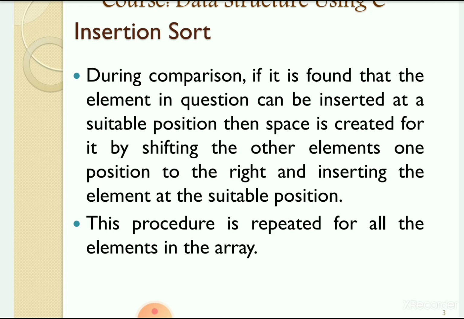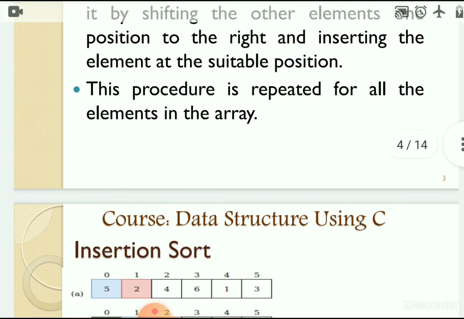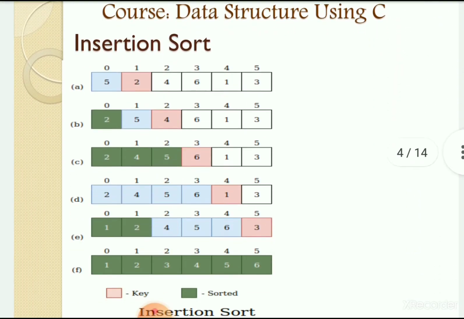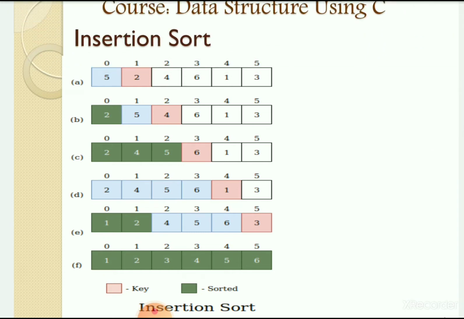Here we don't have to do any swapping; we do not have to interchange the elements. We have to find the position of that element, create the space by shifting the elements one position right, and then insert the element at that created position. This is what is done in insertion sort. Look at this simple example of what we are exactly doing. In the first iteration...